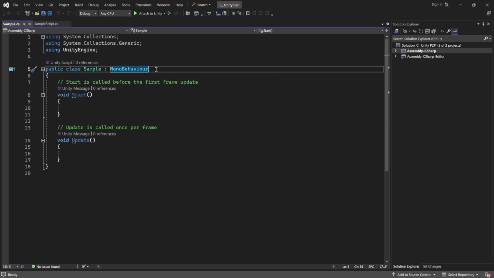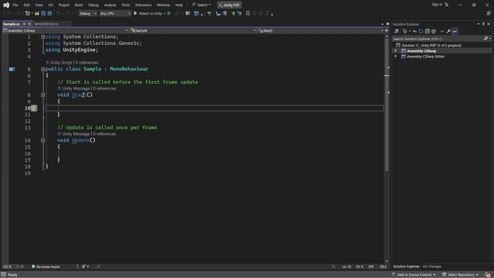So the two important methods that come out of MonoBehaviour are Start and Update, and they're conveniently placed for you right here. There are comments explaining what they do, but I might as well explain it myself. Start is a method that is called, when it says before the first frame update, it really just means a very, very short amount of time after you start playing your game. So anything that you want, for example, to be initialized when you start your game or when you enter a new scene should be